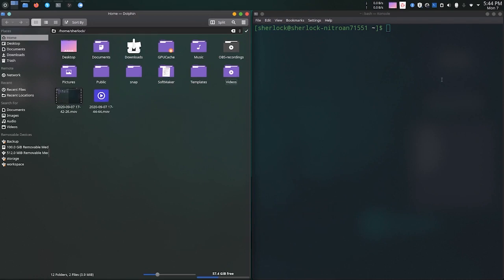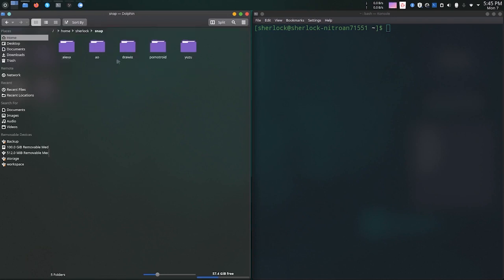Let's see the actual difference between navigating through files in a GUI and a terminal window. Let me show you how. In the GUI version of a file manager, if you want to access files, you just use your mouse to hover over the folders and click on them to access the files, opening the files you want and editing whatever you want.